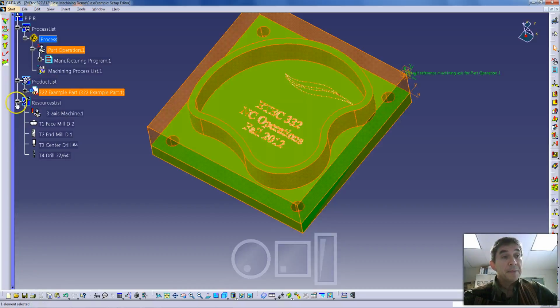Finally, the last entry in the PPR tree is the resource list, and what you will see in here are all the resources that you create to do the machining of your part. Typically the very first resource that you create is the machine. You have to define the machine that you're going to be doing your machining on. This is a 3-axis machine. Inside the machine you'll have things like your machining coordinate system, the post processor that you're going to use, safety